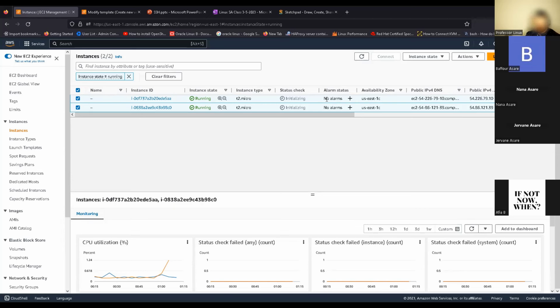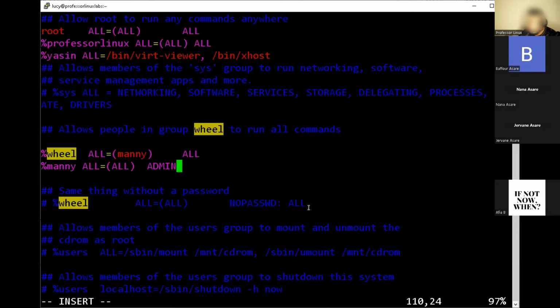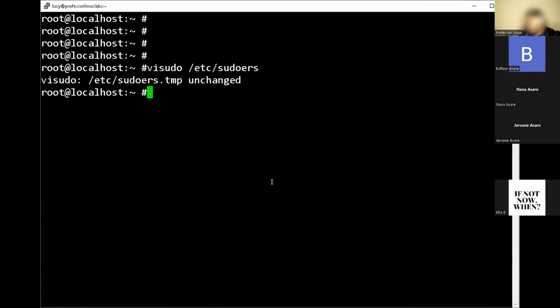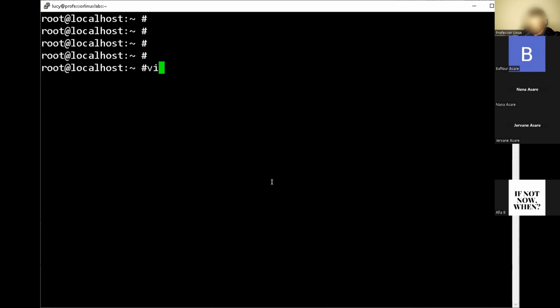Can we take a look at that file real quick? Yeah. Okay, so I'm not going to save anything, so it doesn't matter. Okay, cool. All right, so we're going to do vi /etc/ssh,